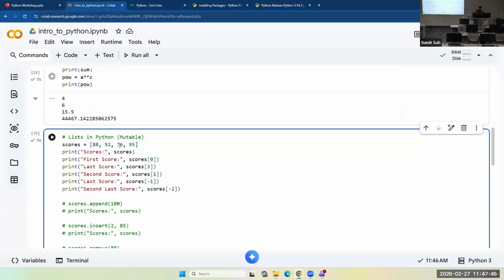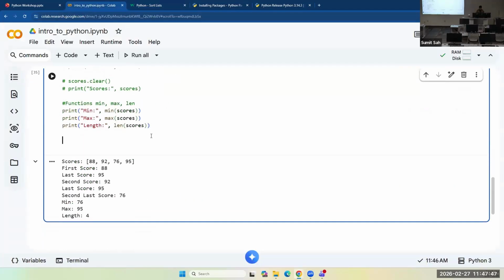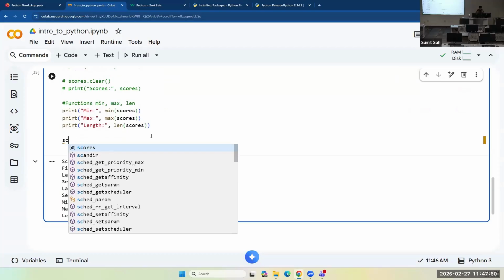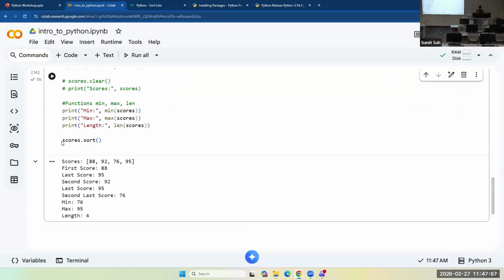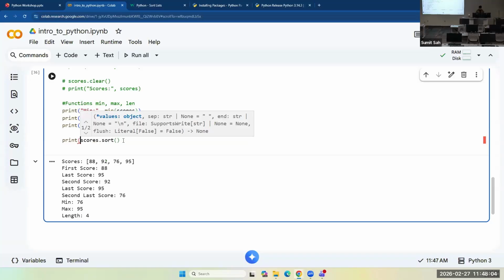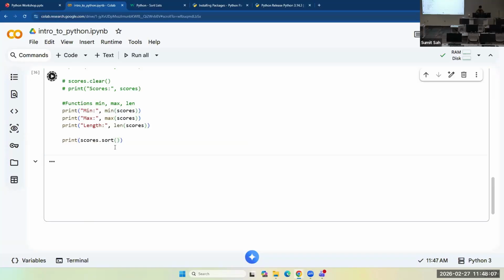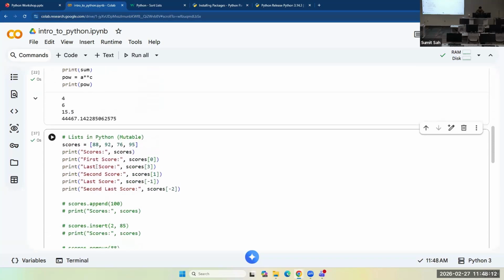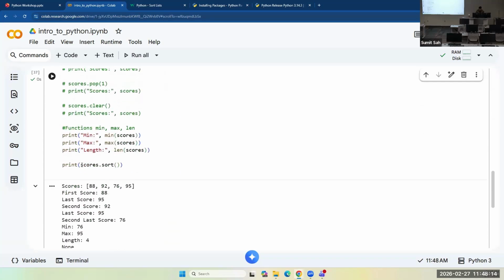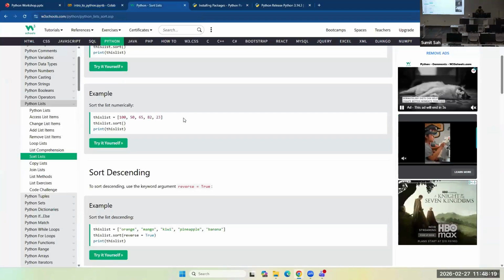So if I say scores sort and then print it, you see how the process is done.